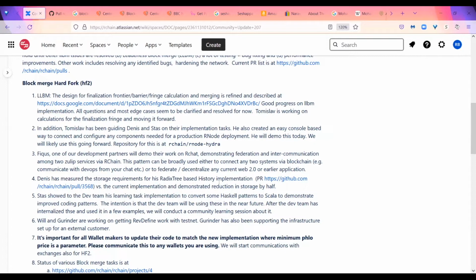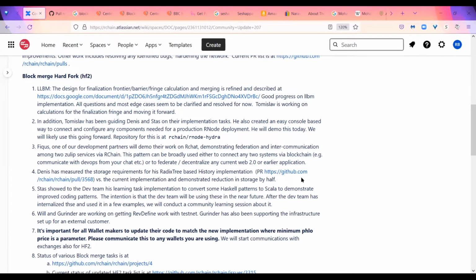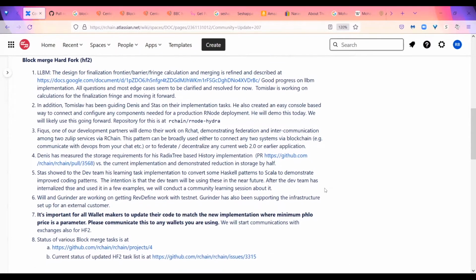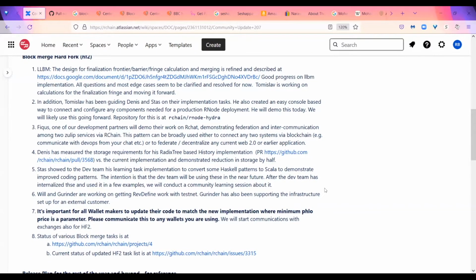We're going to be looking into that, but actually his code is reducing storage by half, according to the data that we have. Once he's fully done with this task, he'll probably demonstrate both the storage and the performance data, but we'll schedule that when that's ready.